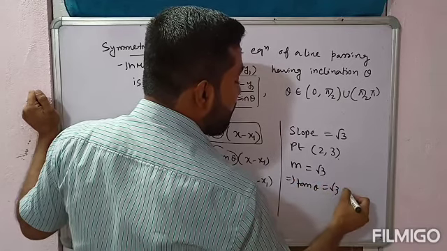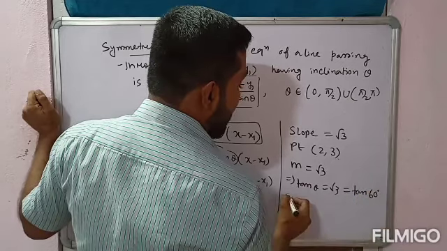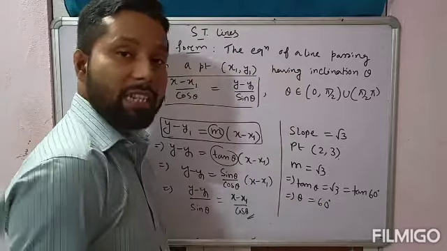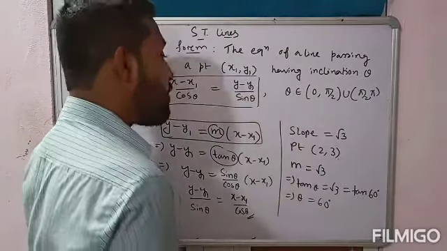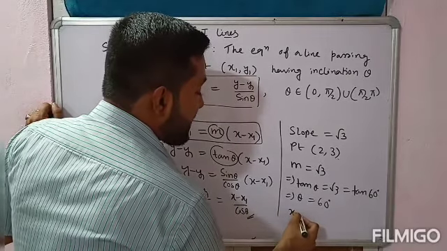If tan theta is equal to root 3, then root 3 can be replaced by tan 60 degree. So that means the value of theta is 60 degree, right? Therefore now we can easily find out the equation. The equation of the line is x minus x1